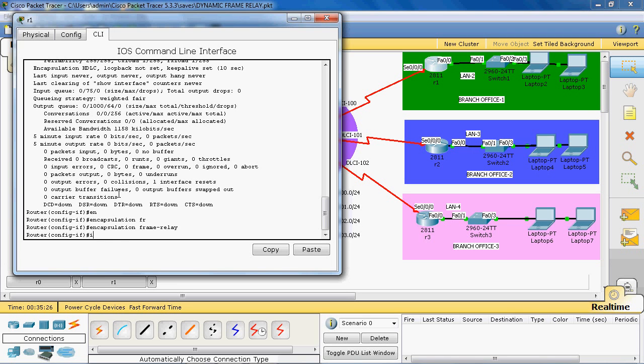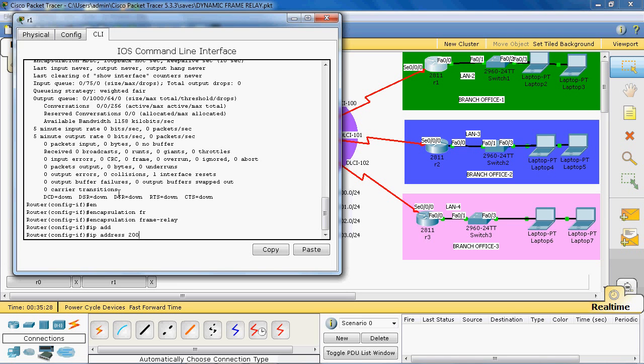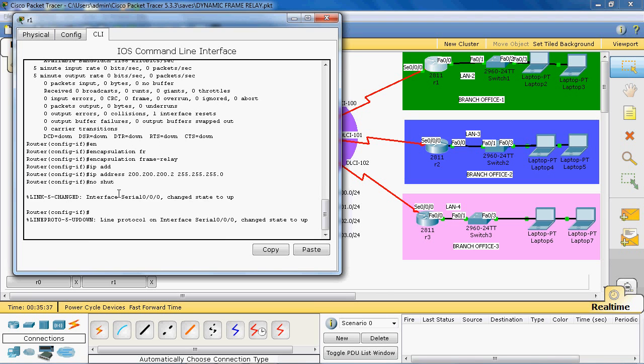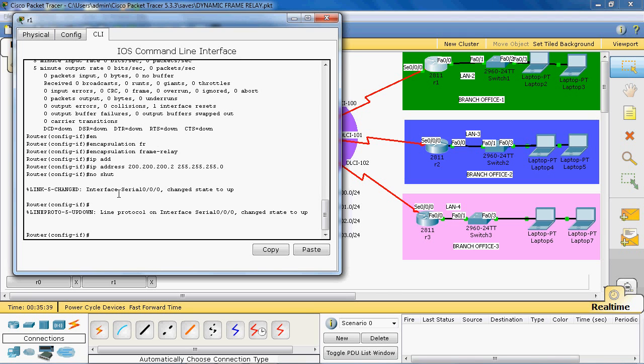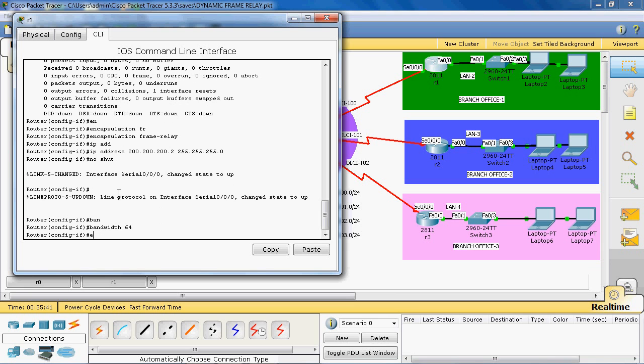Now we can assign the IP address 200.200.200.2. Subnet mask is 255.255.255.0. No shutdown. Here we can give the bandwidth, by default I will give 64. Okay,